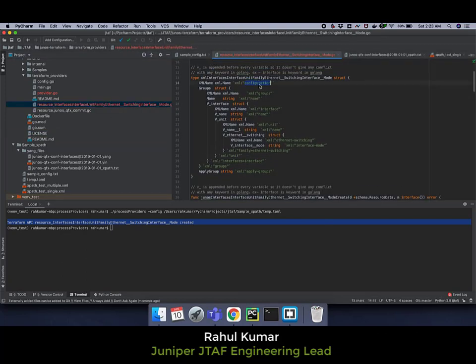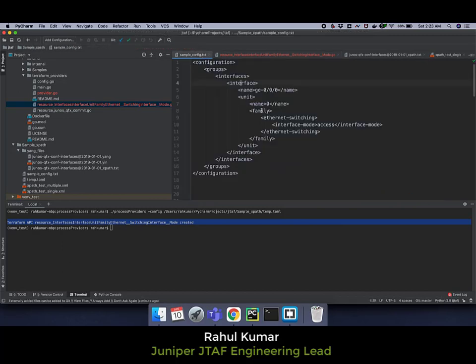So the top element is configuration, then groups, which looks fine. Then we have interface. If you see, it is interfaces interface. So if there are multiple containers, in those cases, it will be optimized automatically while generating the provider. As interface is a list, it needs to add the key element to parse it correctly. So that will not be optimized.